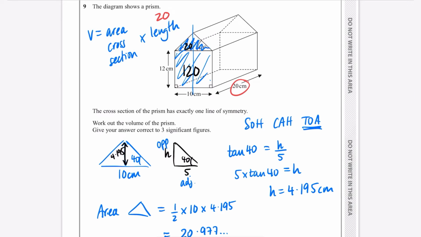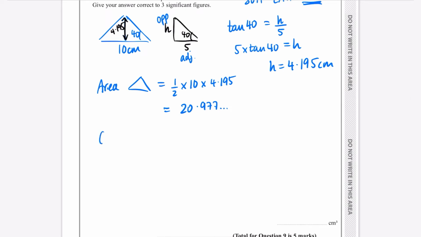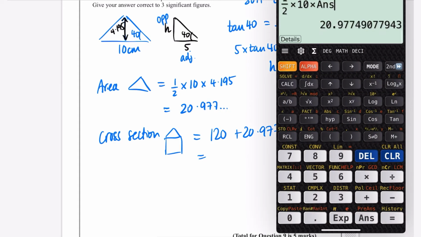It's this 20.97. So I've actually been able to work out the area of this cross section because I can just simply add these two numbers together, the 20.97 and the 120. So I'm going to go to my calculator and I'm going to say that the cross section area, which was this shape, is the 120 plus the 20.977 number. So I can go to my calculator, I can say, right, I want you to add 120 onto that answer, which is